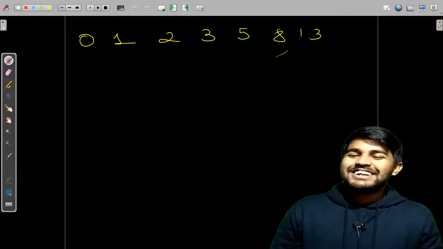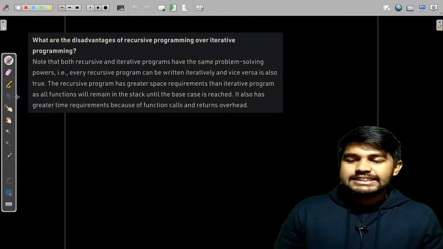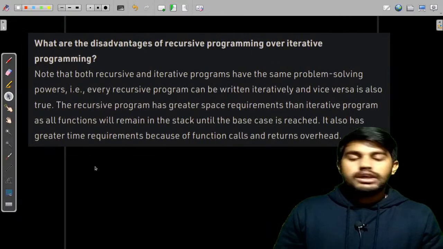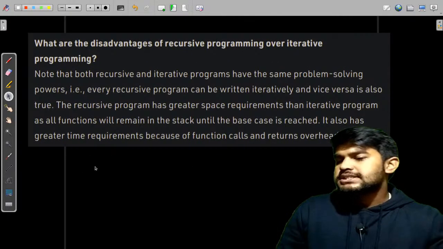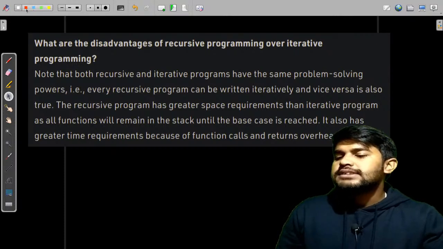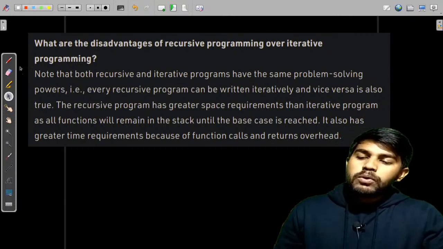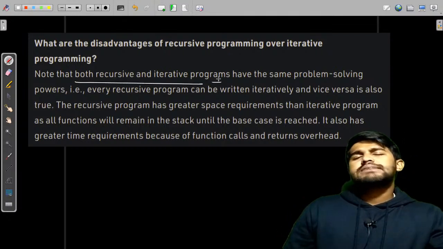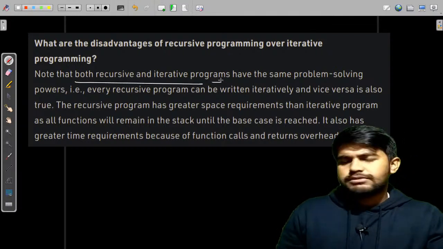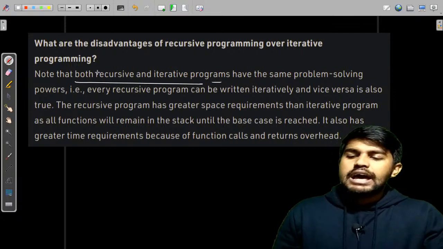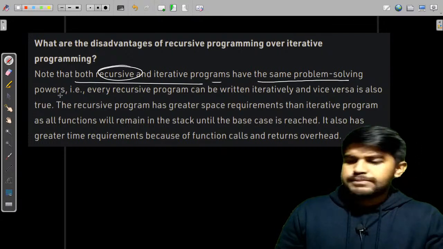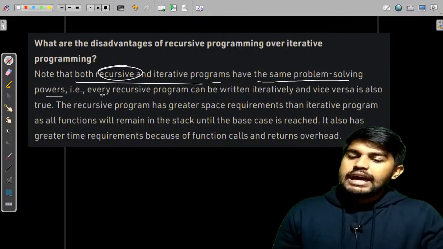Okay. So, what are the disadvantages of using recursion? Just read about this, but still I would explain the main things that you need to understand. Both recursive and iterative programs: iterative is nothing but saving the values and doing it iteratively, and recursive, as I have shown you, has the same problem solving power.